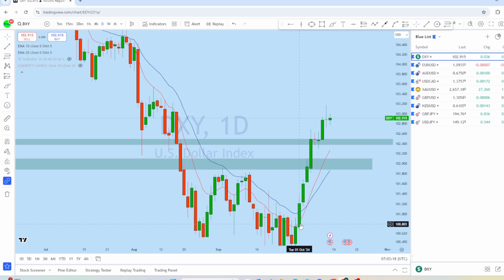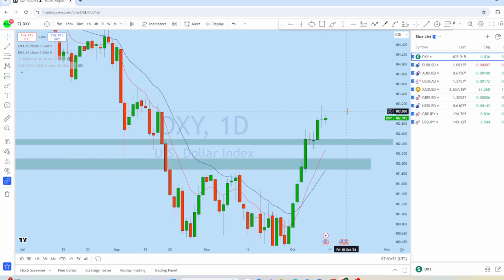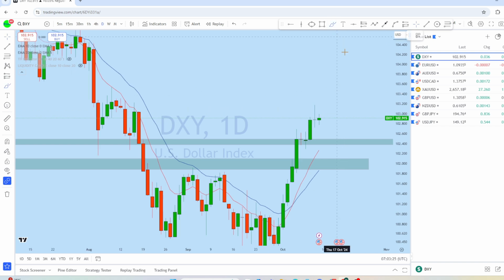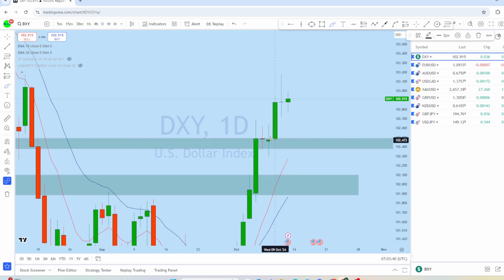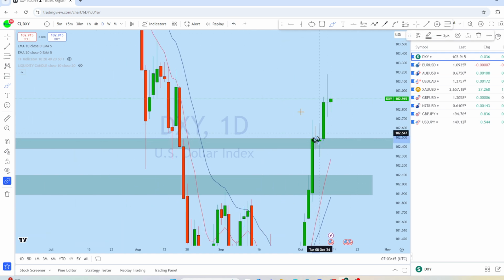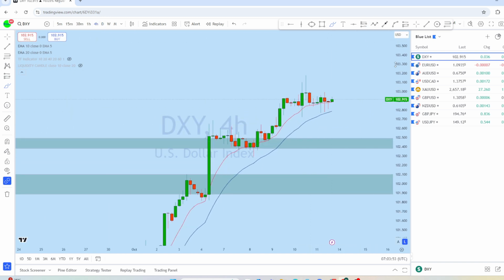As we can see in this move, it's a full bull move, and we haven't seen enough pullback in this market. What we can expect on DXY is for the price to drop for a deeper pullback and then grab liquidity and then continue to rise to the upside. This is the level that I think DXY might come for a deeper pullback, as we see back-to-back 2 daily doji where there is a high liquidity. As the price moves from liquidity to liquidity, we can expect on DXY to come for a break of structure.